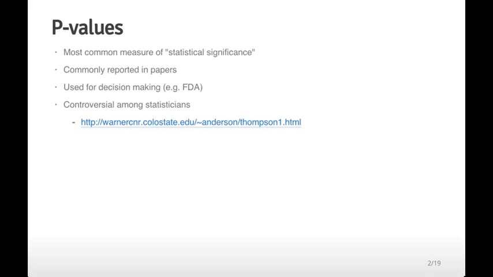For example, the FDA, Food and Drug Administration in the United States, uses them when evaluating whether effects are statistically significant for the purposes of making decisions about drugs that are used in the United States. They are, however, incredibly controversial among statisticians. So I've linked here to one example of a listing of a large number of critiques of p-values that have been used by statisticians, and I think the primary reason for that is that p-values are one of the most misinterpreted statistics as well as one of the most widely used statistics,